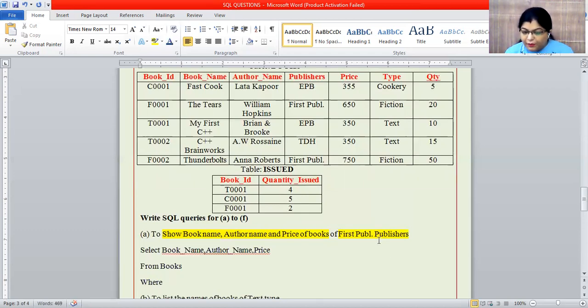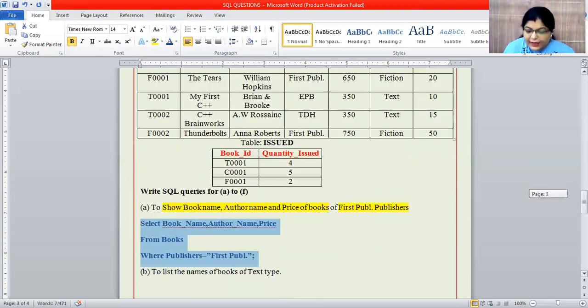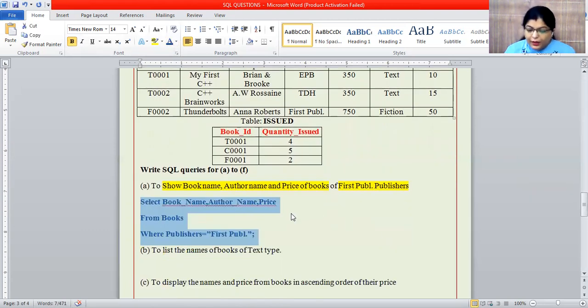Where it is a first publisher. So where, this is the column name, where publishers is equal to first PUP. In this manner, what they demand, you have to write exactly. Select book name, author name, price from books, where publisher is equal to first publisher.